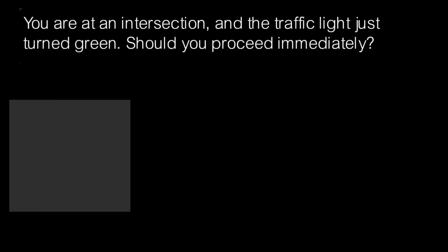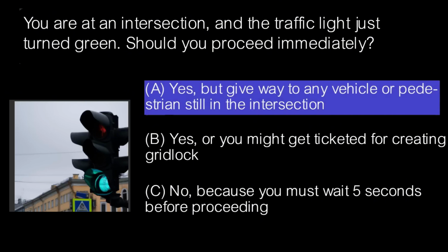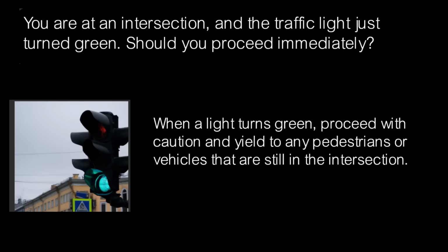You are at an intersection, and the traffic light just turned green. Should you proceed immediately? A. Yes, but give way to any vehicle or pedestrian still in the intersection. B. Yes, or you might get ticketed for creating gridlock. C. No, because you must wait 5 seconds before proceeding. Answer A. When a light turns green, proceed with caution and yield to any pedestrians or vehicles that are still